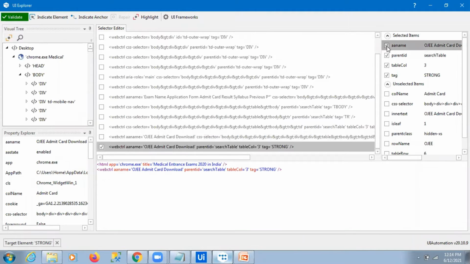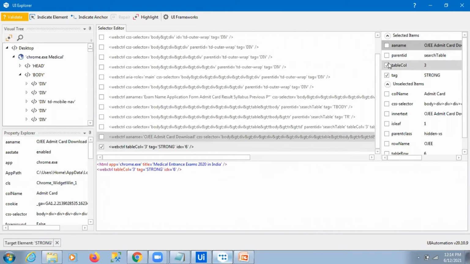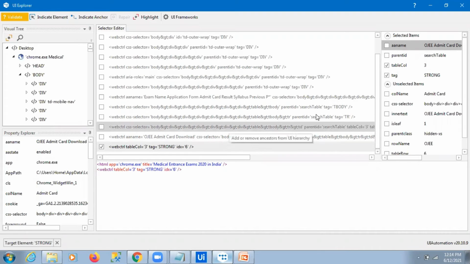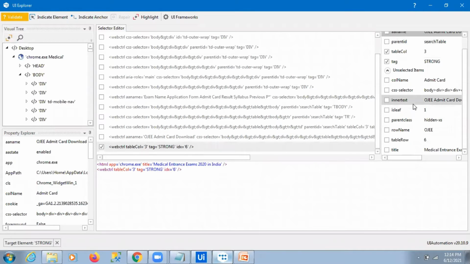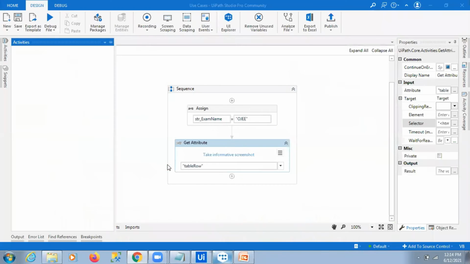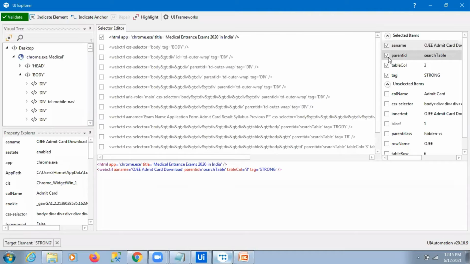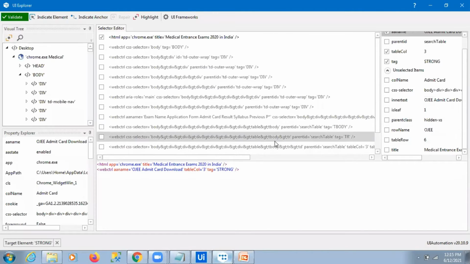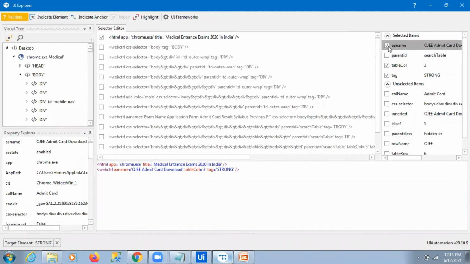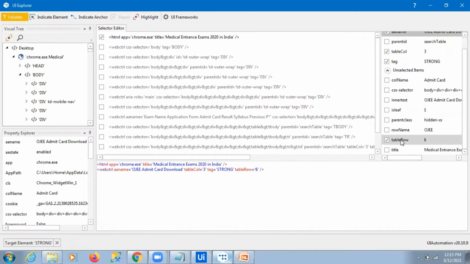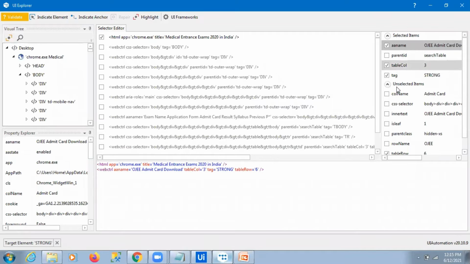So I remove here the table row. I apply the table row activity for the dynamic selector, because the A name also gets changed in future for that particular exam name.